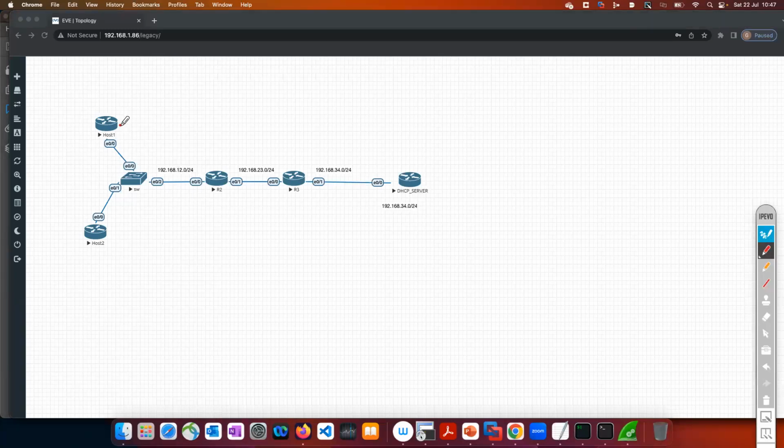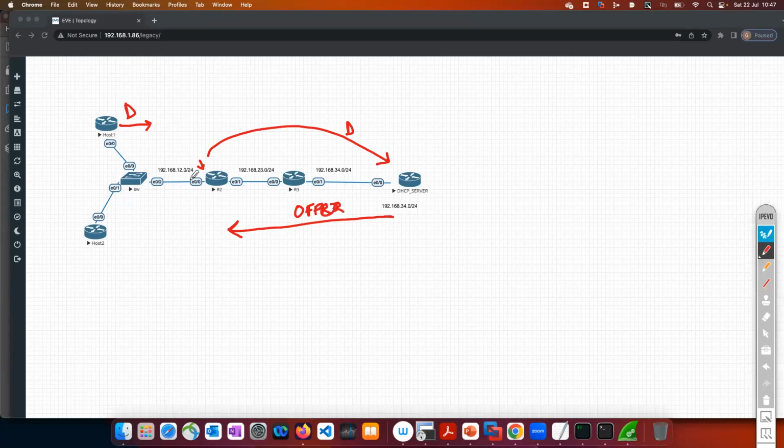This host sends a discover message, right? This R2 receives that discover message. R2 relayed that message to 34.4, the same as a discover message, right? The DHCP server responded with which message? Offer message,